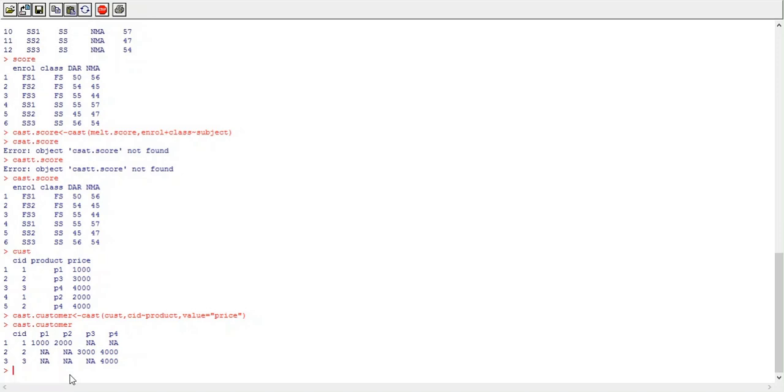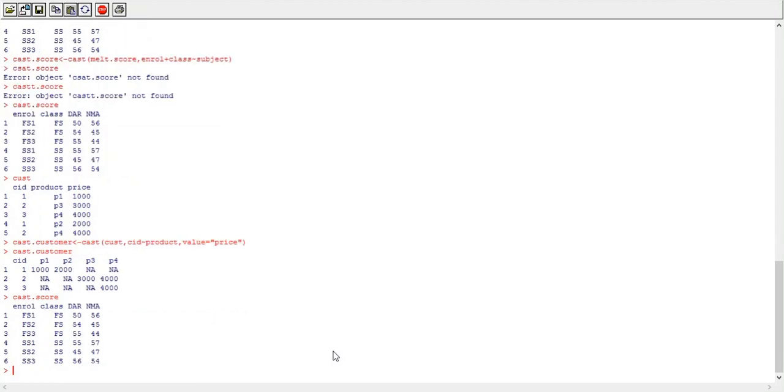Now see, we have this cast.score data frame, which is a casted data frame. To cast this data frame we have used the command cast.score equals cast of melt.score, which is our melted data frame, and enroll plus class mapped to subject.